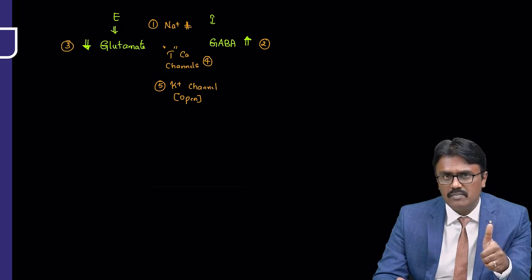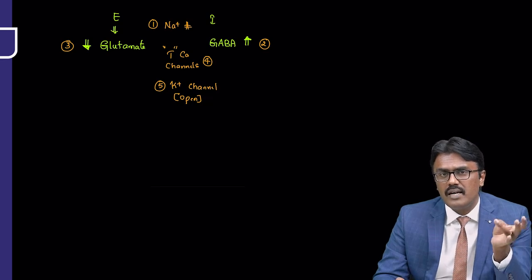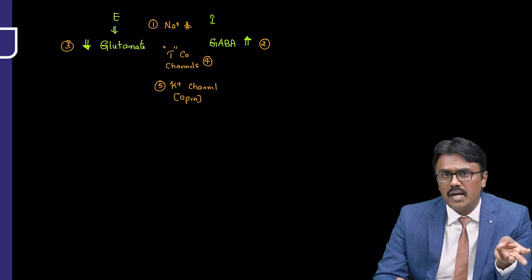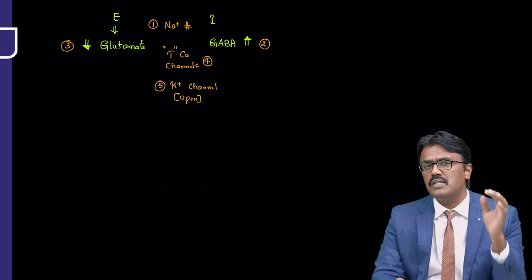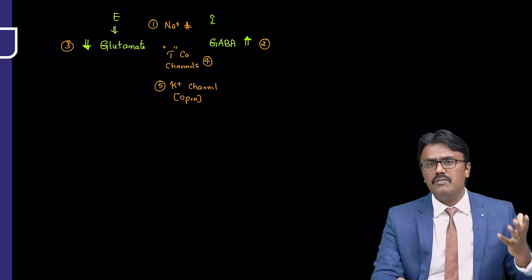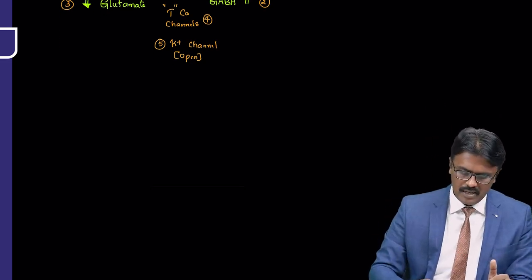Block the sodium, increase the GABA activity, decrease the glutamate because it's excitatory, then close the T-type calcium channel that are defective in absence seizure, open the potassium channel. When you open the potassium, it goes out of the cell and the cell will become more negative and gets depressed. And you all know the ion which carries the impulse from the brain to periphery so fast is sodium. Block it. So with that introduction, let us start our journey.